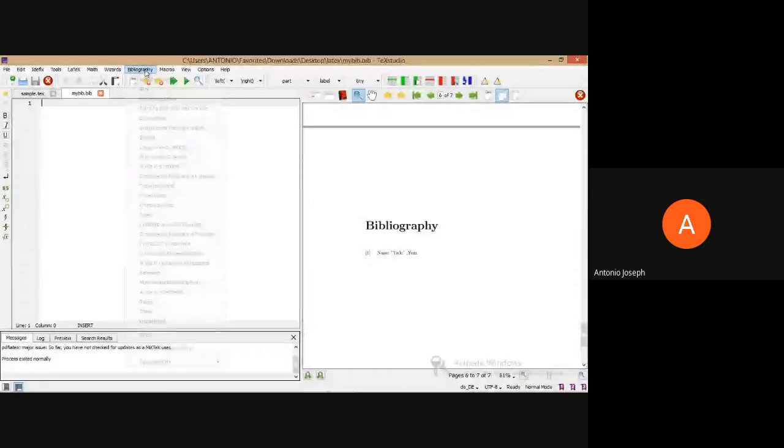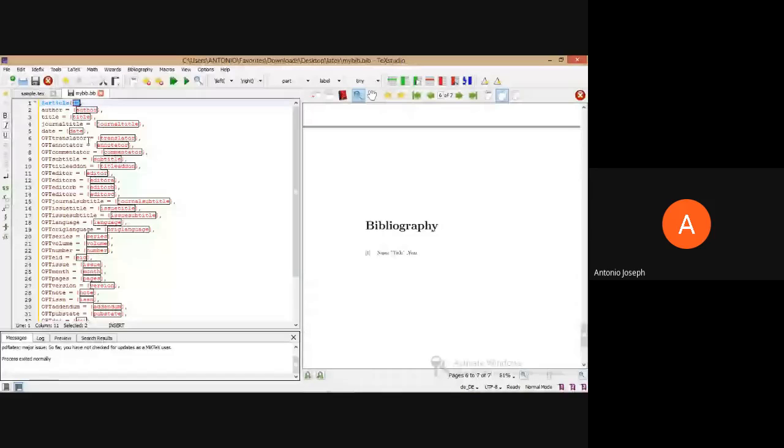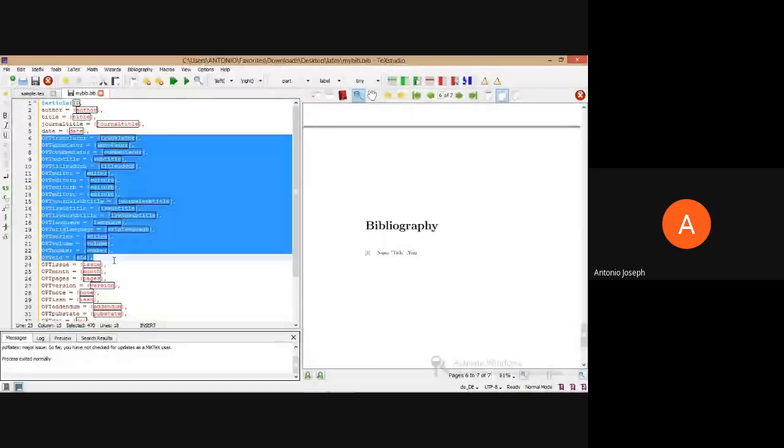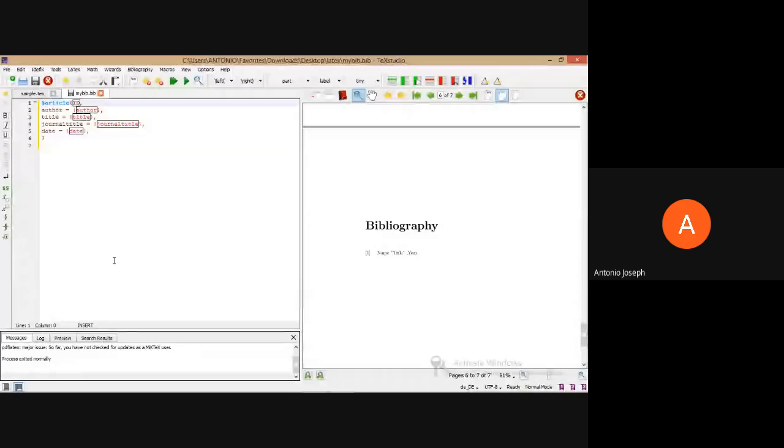And now we need to provide these kinds of details in this, and that's quite a time-consuming task, isn't it? We may have 100+ references, and then we need to provide all these things.